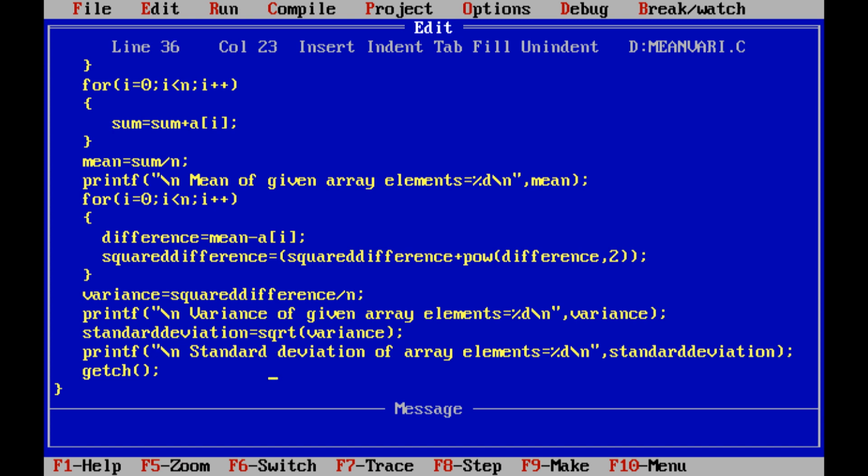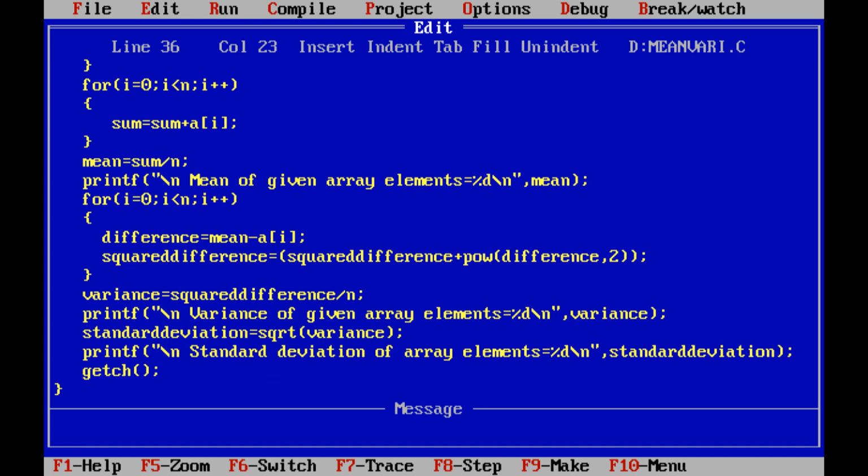So we are taking 5 array elements. Int a of 5 is equal to 10, 20, 30, 40, 50. So mean is equal to 10 plus 20 plus 30 plus 40 plus 50, divided by 5, that is 150 divided by 5, that is 30. We are getting mean value is 30. Next one, variance. Variance is equal to square difference divided by n.